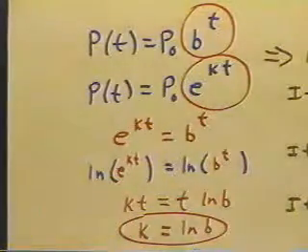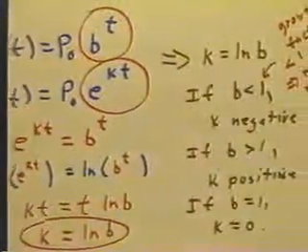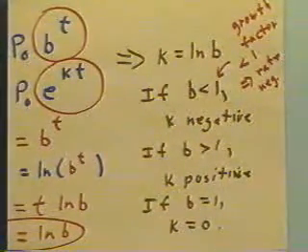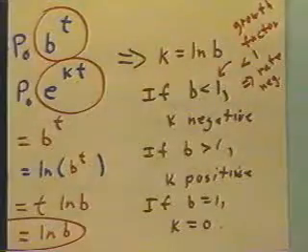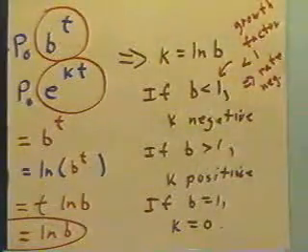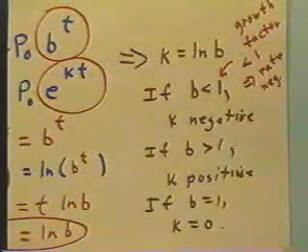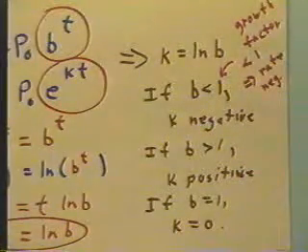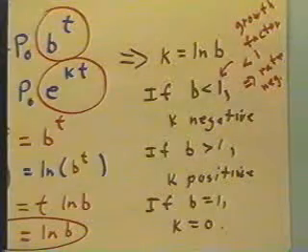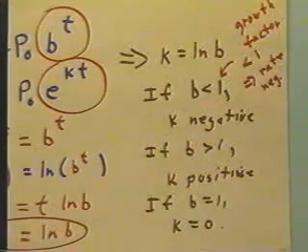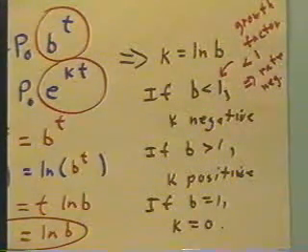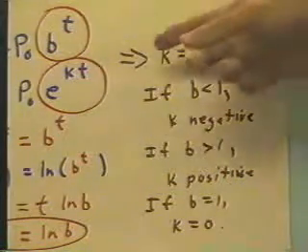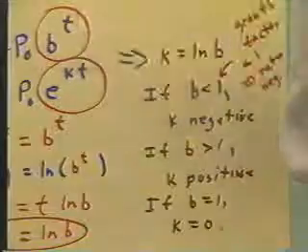Once more connecting this with the growth factor and growth rate ideas that we've looked at before. Again, k is the natural log of b. If b happens to be less than 1, that would correspond to a growth rate that's negative. For example, if we're in a population losing situation or a radioactive decay, b might be 0.93, which means that we're going to be taking powers of 0.93